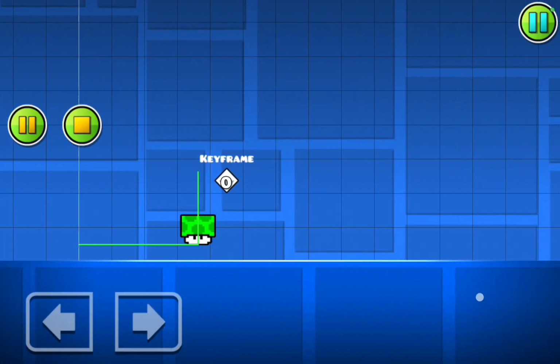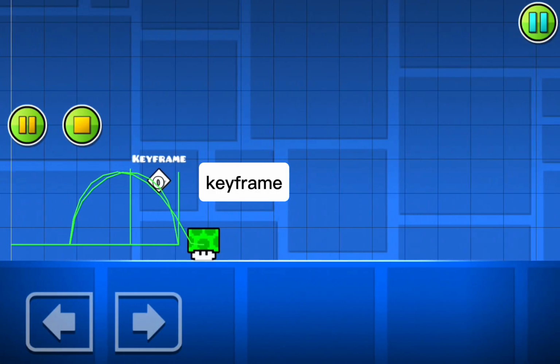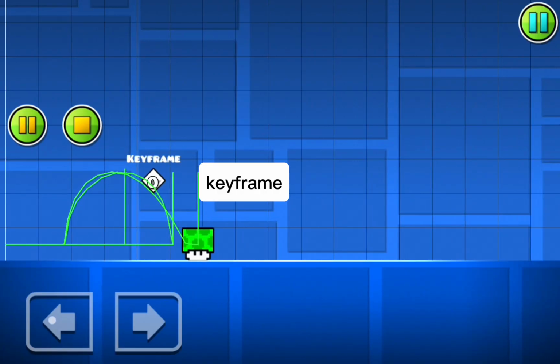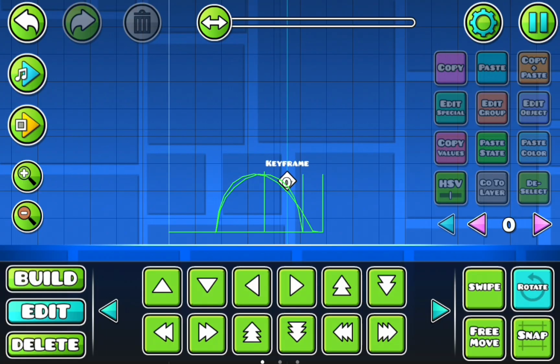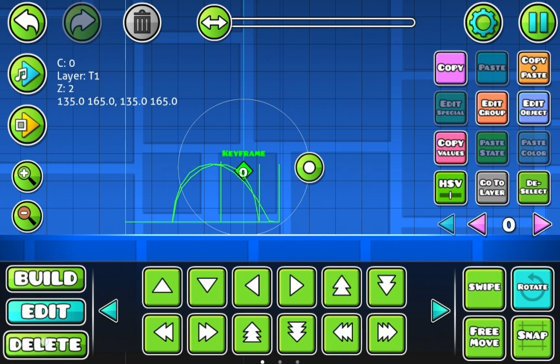Today I'm going to be doing another Geometry Dash tutorial. This tutorial will be on the keyframe trigger, which is another one of those odd ones. It's very weird because most players have seen it and possibly seen it in action, but don't actually know how